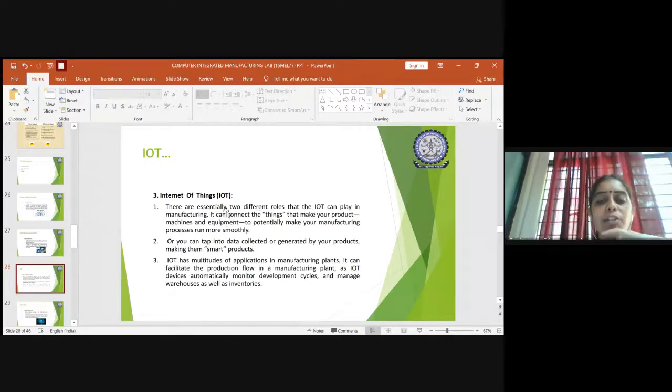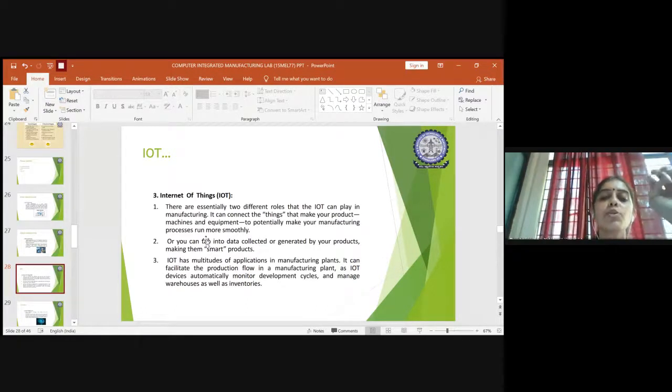There are essentially 2 different roles where IoT can play in a manufacturing process. Okay, one is that it can connect the things that make your product into machines or equipment, right? Or else you can tap into the data you have collected or generated from your products and make those products very smart.